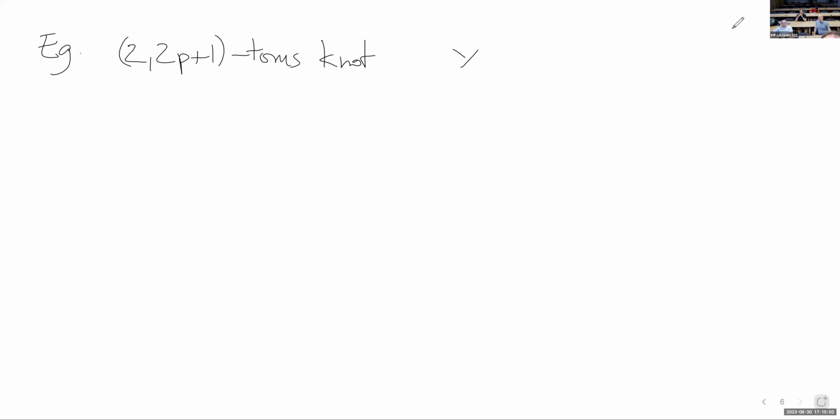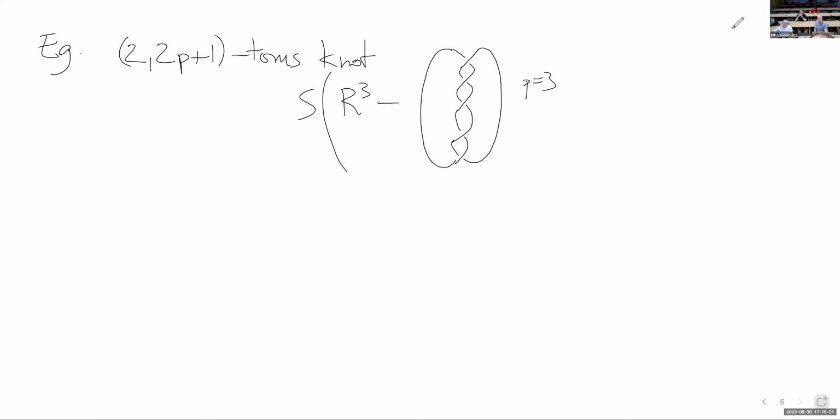It's a very simple knot, just a string of crossings: 1, 2, 3, 4. I need to have an odd number, because otherwise it will be a link. I need an odd number of crossings. So this is p equals 3. And then I want to consider R3, and I want to consider the complement of it, and I want to take the skein module of that. Okay, and it's going to have a basis